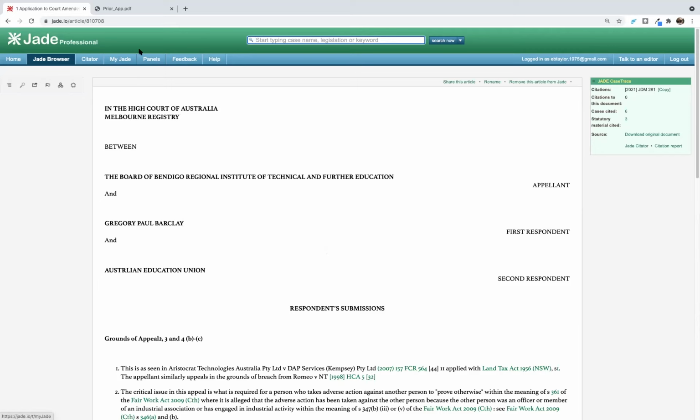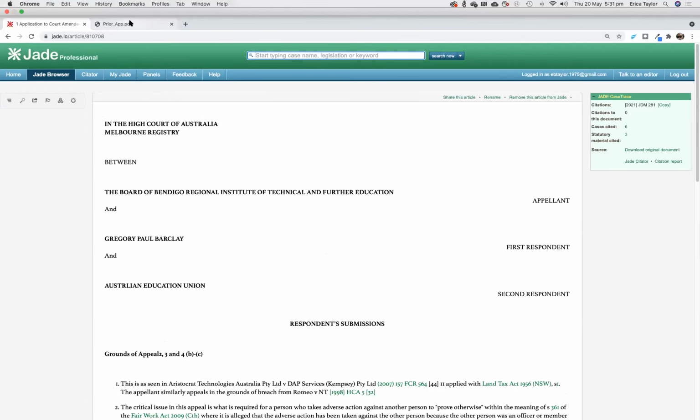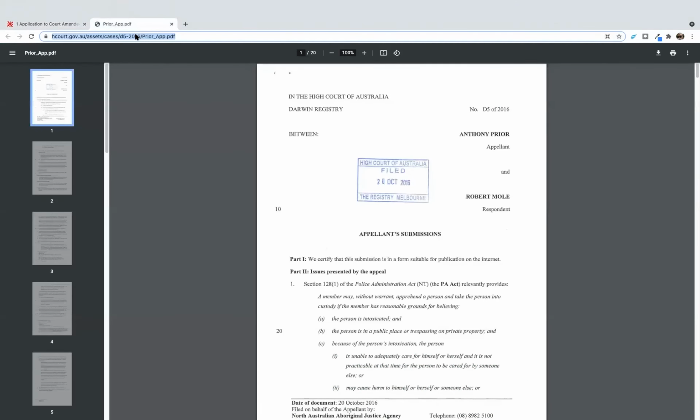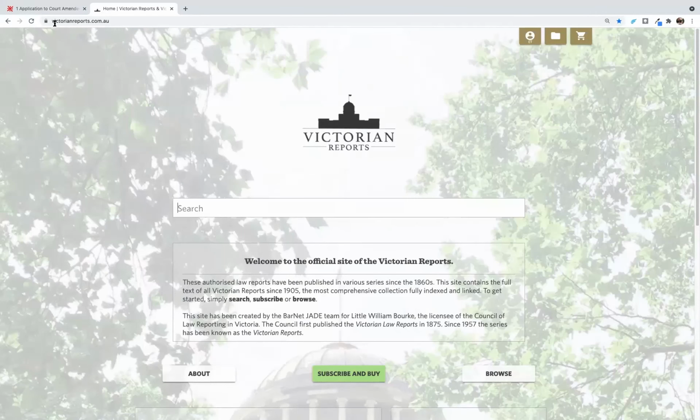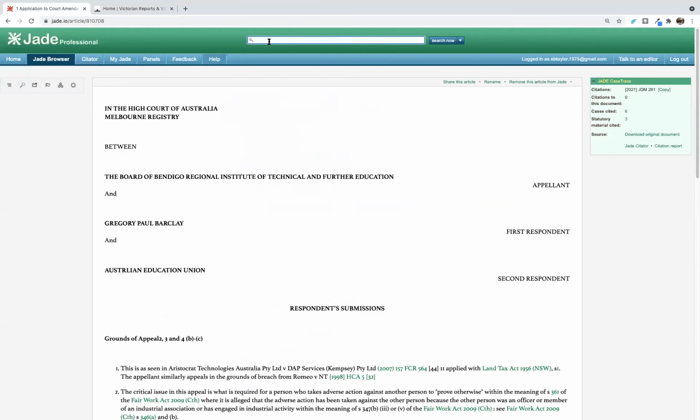But before I open it up to the floor, a couple of other things to be aware of. Jade's sister organisation is the Victorian Reports. We're the authorised publisher of the Victorian Reports, and you can visit our site at victorianreports.com.au. Where you are looking at a case in Jade that has subsequently been reported in the Victorian Reports, let's say